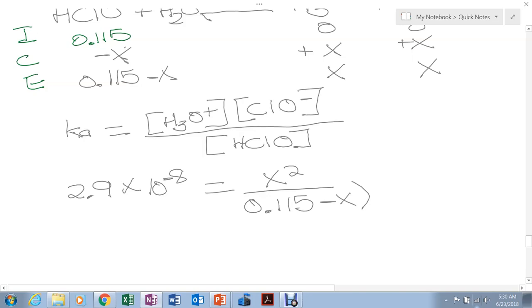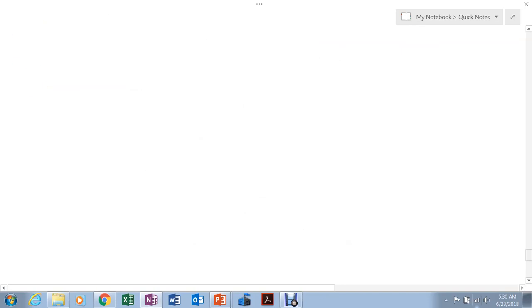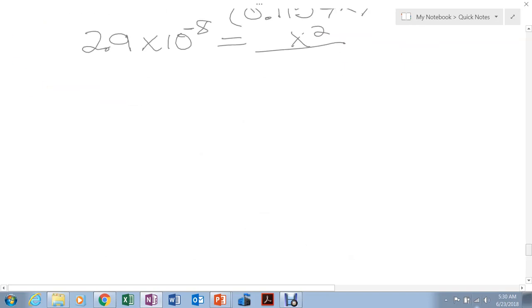And compared to the 0.115, we drop this one and it's going to be 2.9 times 10 to the negative 8 equals x squared divided by 0.115. So x would be, again, the same thing,